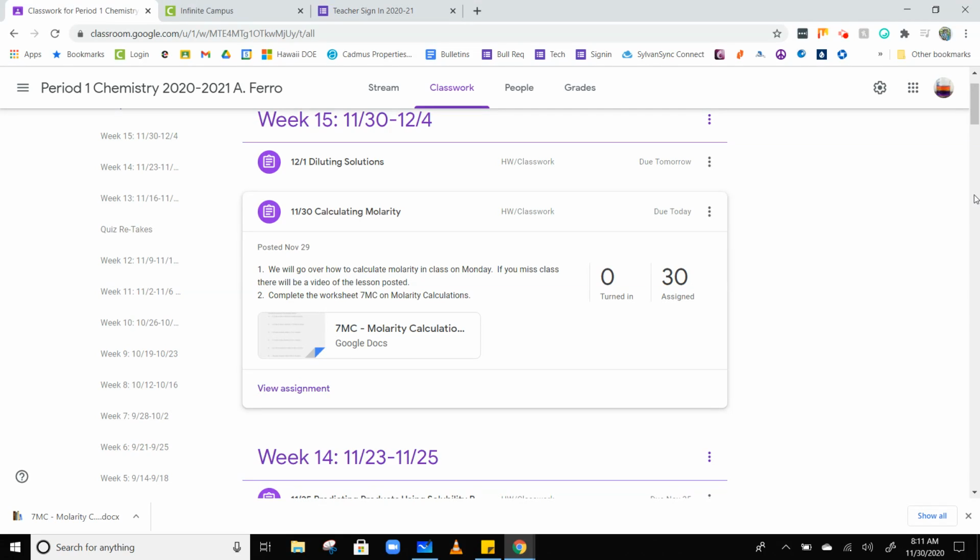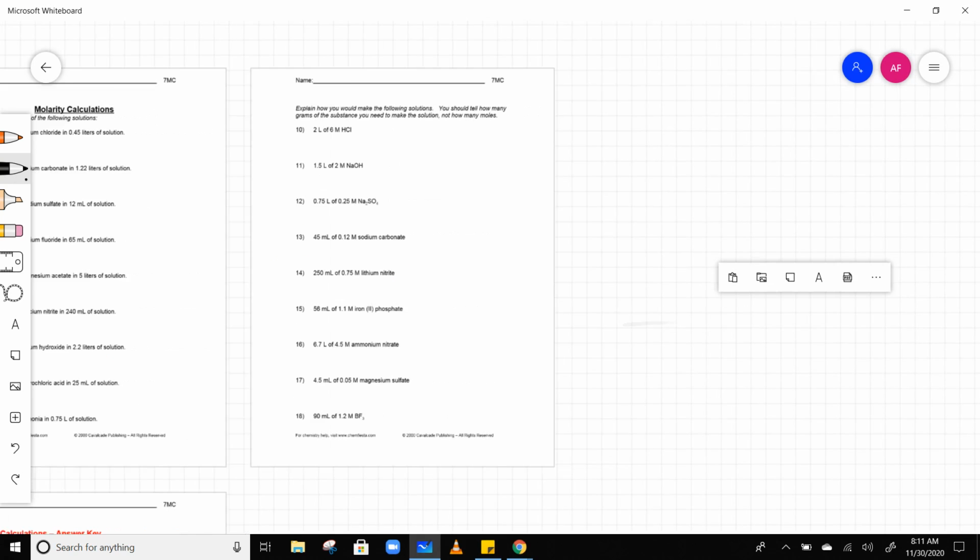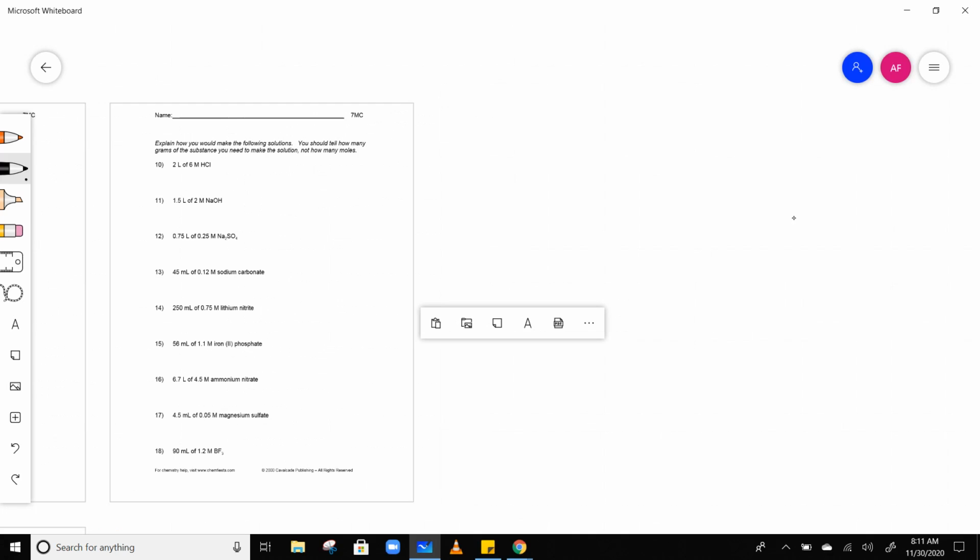So what we're going to be doing today is calculating molarity. Now, molarity is the units we use in chemistry for concentration. Okay, and molarity is pretty simple. Molarity is just the number of moles. So let me write it over here. So molarity,